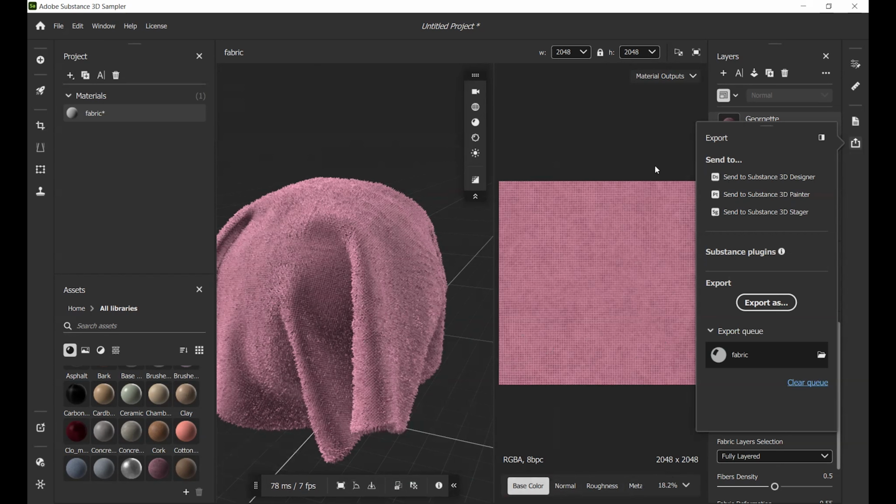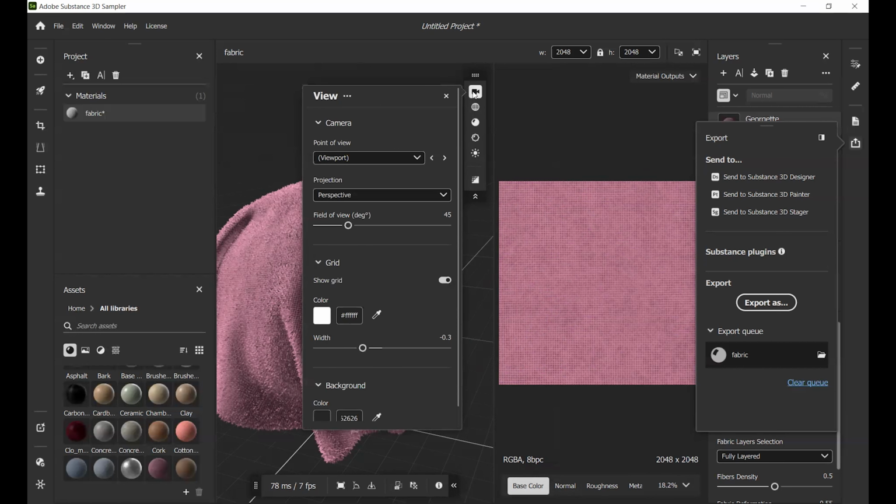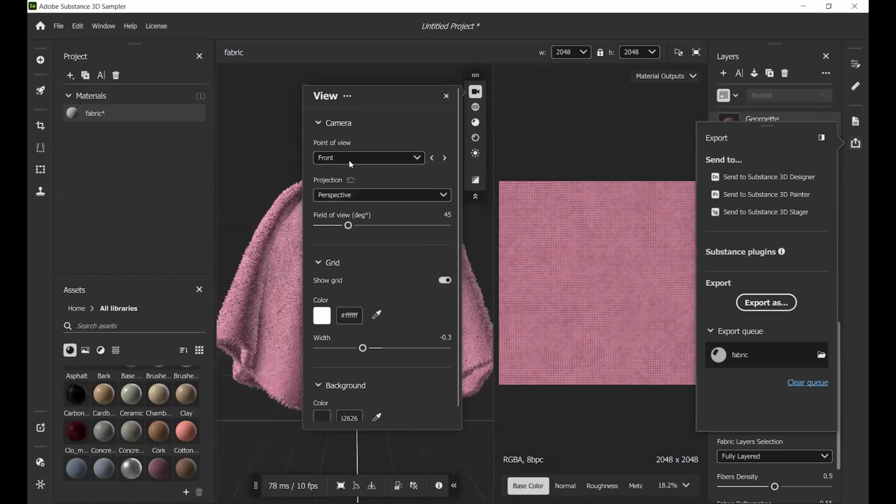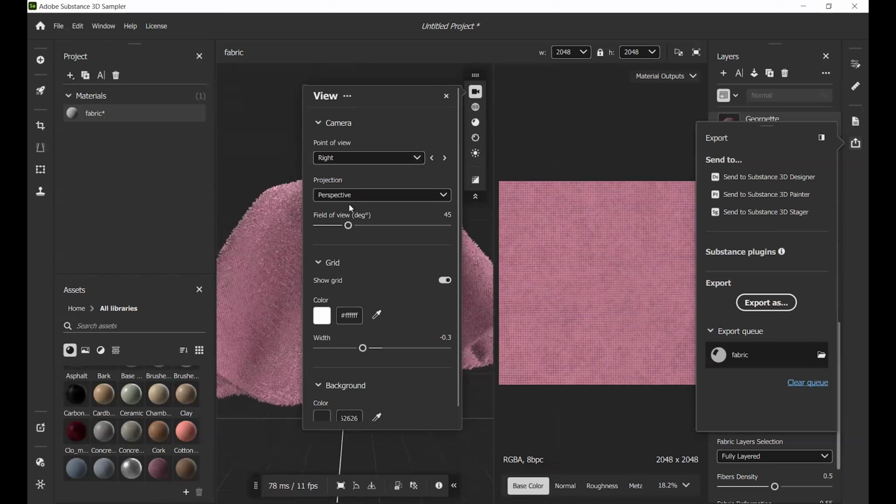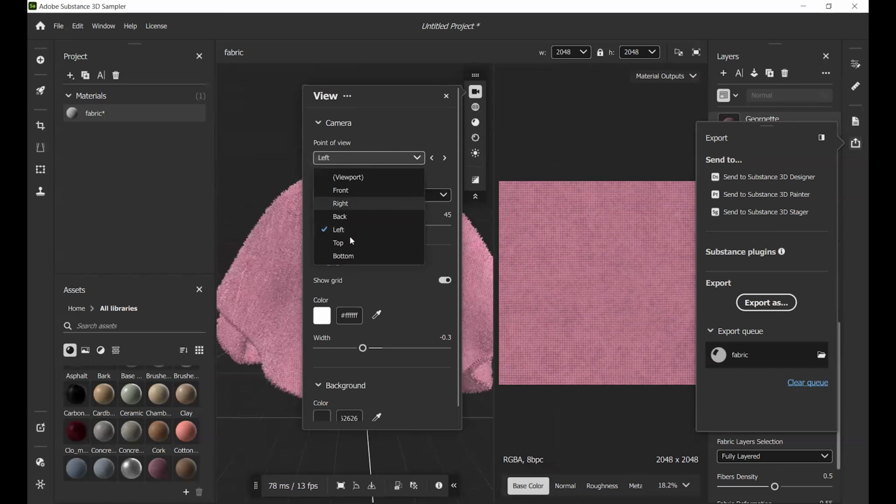And yeah, in the 2D window we have these maps: normal, roughness, metallic. So we can use them from here. And in the 3D view, first we have camera. So you can say it's front, right, left, bottom.